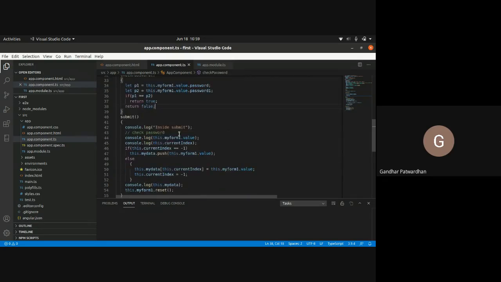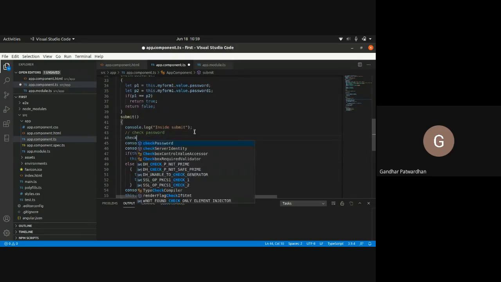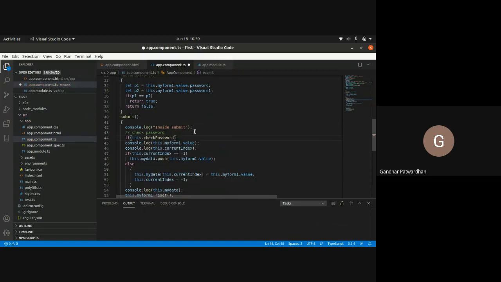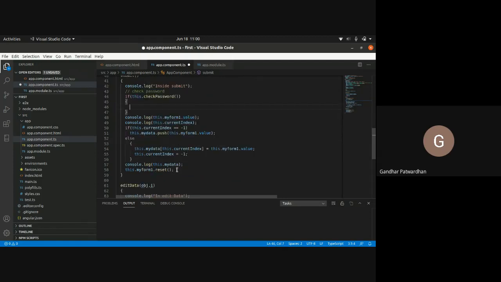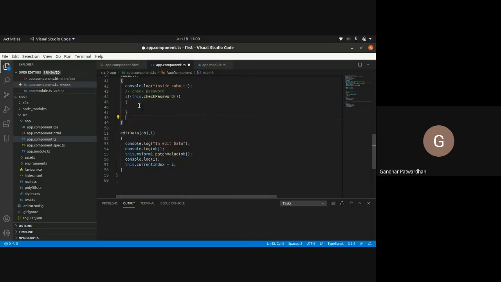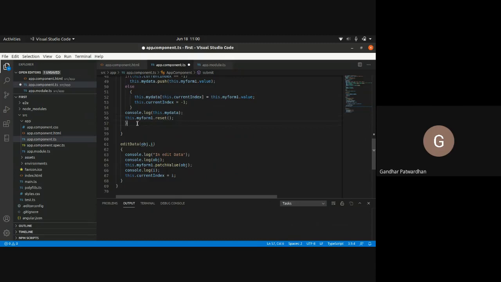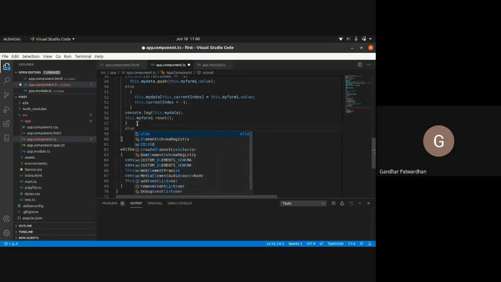That's what I would do. And in my submit, I'll call this function. How will I call? I'll say if this dot check password is true, do all these things, else simply, as of now, I'll just give an alert.